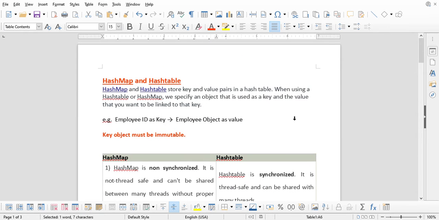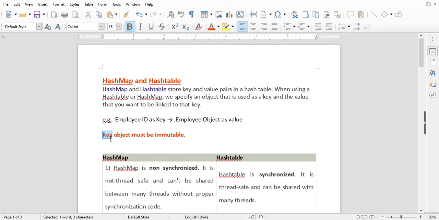That's a little comparison of HashMap and HashTable. One thing: when you are using a HashMap or HashTable with a customized key, your custom key class must be immutable, because once you make an entry into the map, you should not change the key value.